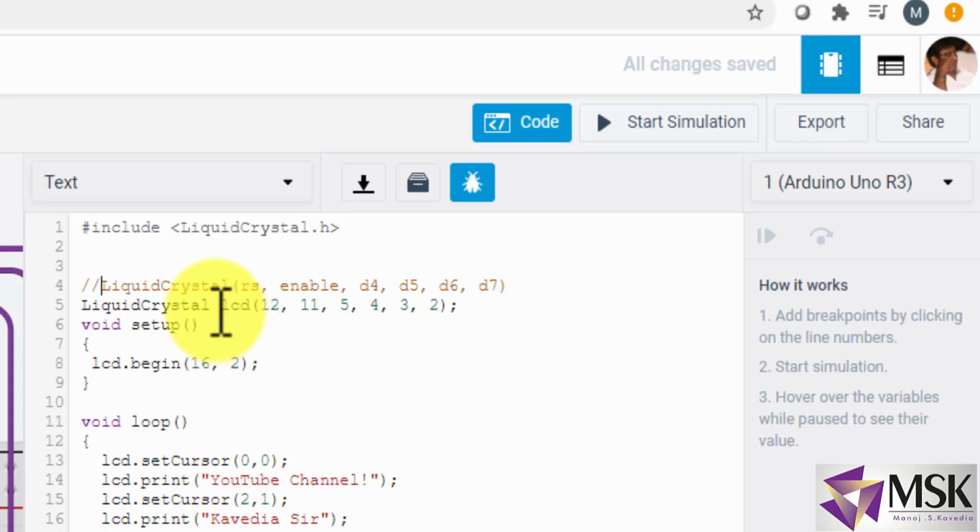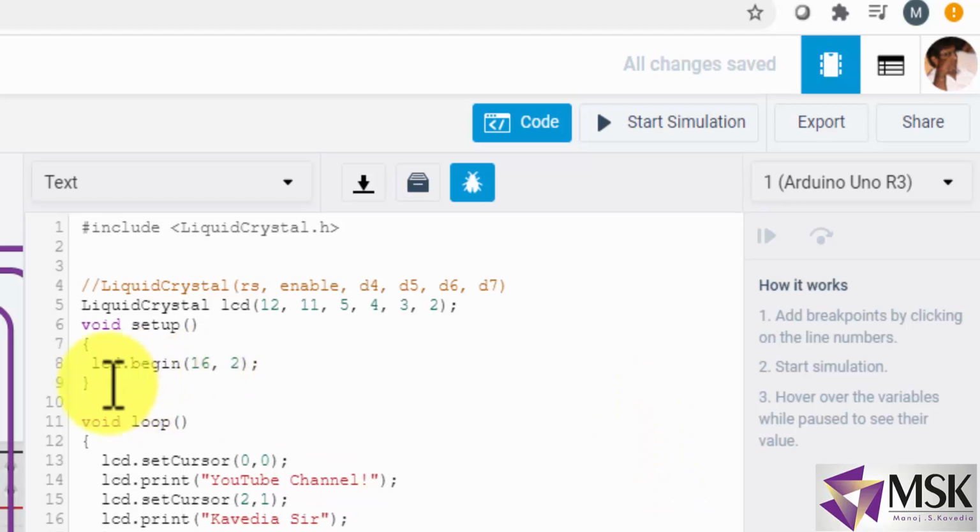So this is the library, and now I'm creating the object of the LiquidCrystal, that is lcd. Now in this I am passing first RS, then enable, and then D4, D5, D6 and D7. So pin number 12 is register select, pin number 11 is enable, pin number 5, 4, 3, 2 is D4, D5, D6 and D7 of LCD.